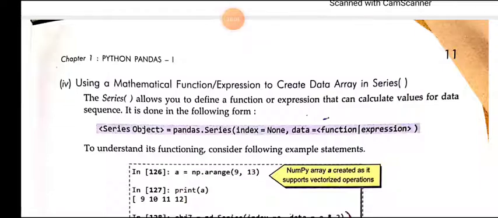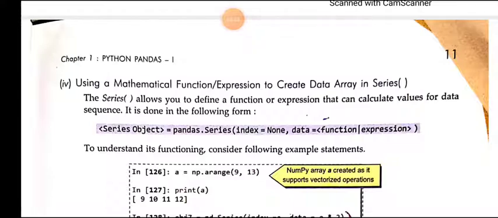Like if we use the multiply symbol with a list, this will replicate the list. But if we use the mathematical symbols with the series object, then we will get our desired output, like we can get the multiplication result.